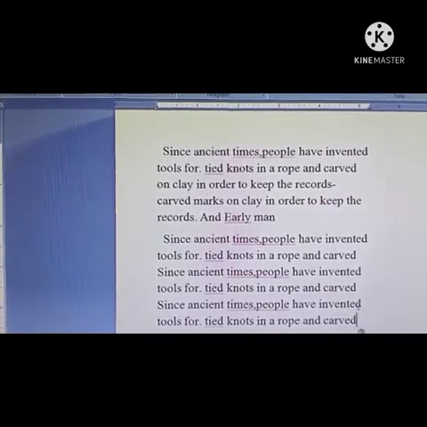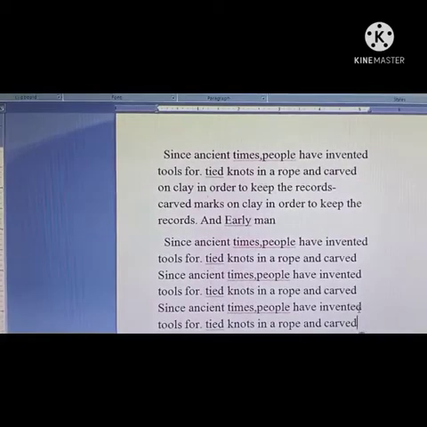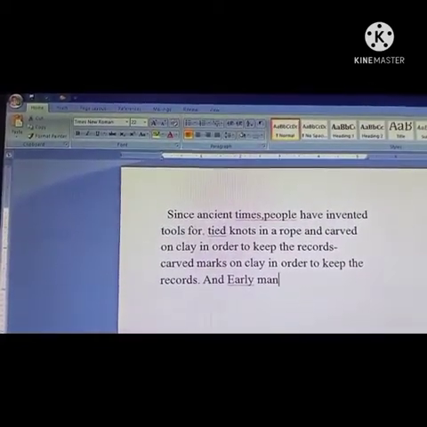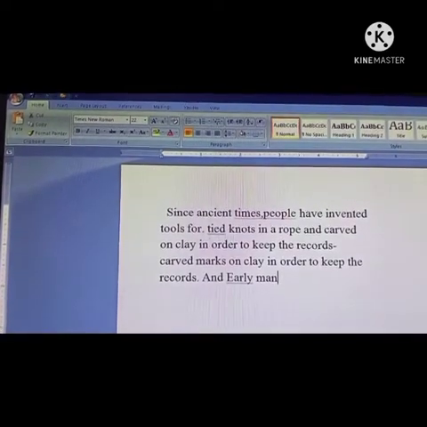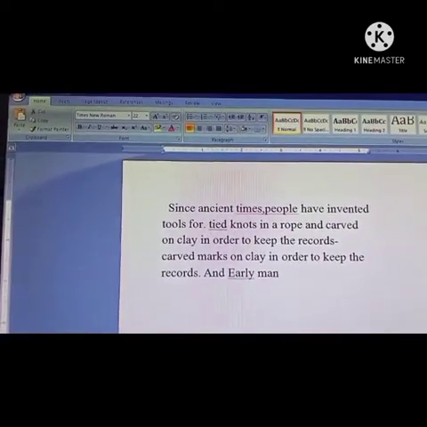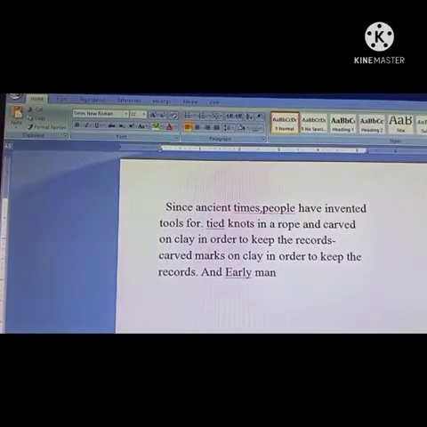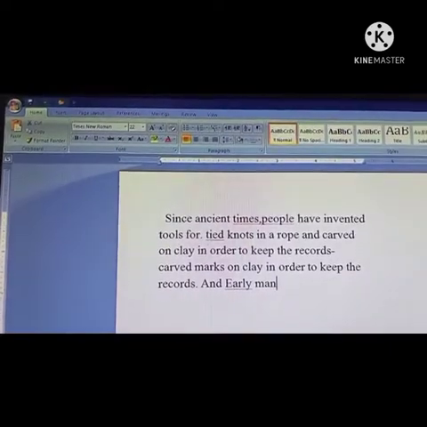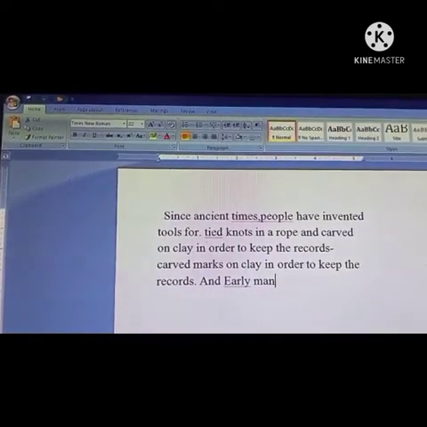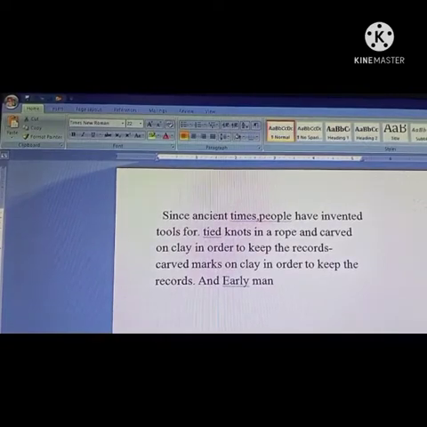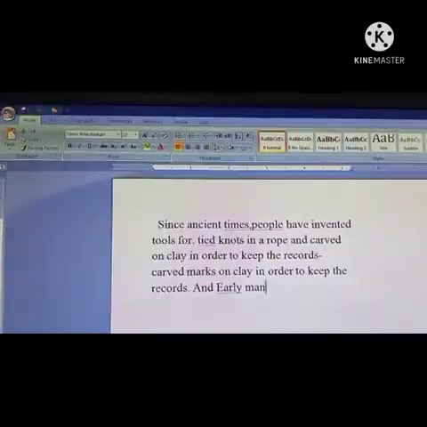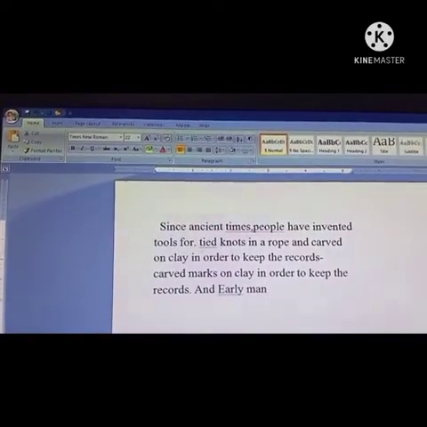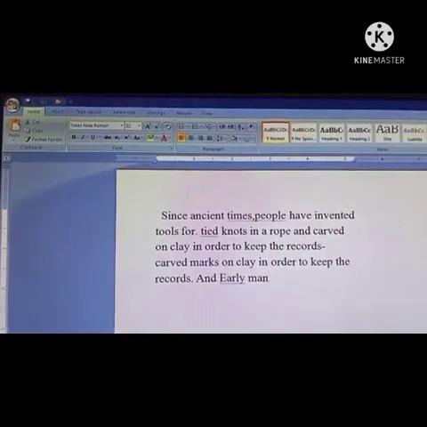Now children, your next option is spell check. Children, whenever we type in MS Word, we may make some mistakes. So children, to search for an error, we use spelling and grammar check. There is a spelling and grammar check feature in MS Word. So children, to get an error-free document, we use this command, the spelling and grammar check command. Children, in MS Word, spelling mistakes are shown by a red wavy line and grammatical mistakes by a green wavy line.